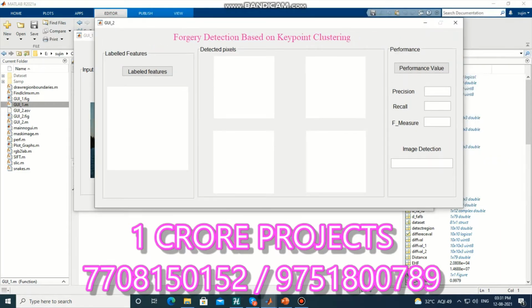Here some features will be extracted based on the input images. The labeled features output will show the result. Once the feature extraction process is completed, we will show the result. The features depend upon the comparison of the original images as well as the tampered images. So kindly wait, in the backend process we will compare both the images. Once the comparison is completed, we will show the result.